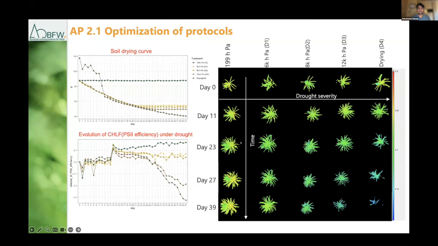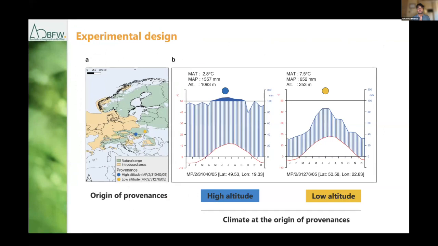Then we also looked at how this performed across the time points, and what we see along the time points, the drought severity, not in terms of treatment but also along the time points, is that you can finally capture the temporal dynamics of drought stress. So to show whether this could be useful when we are screening different populations, we set up a different